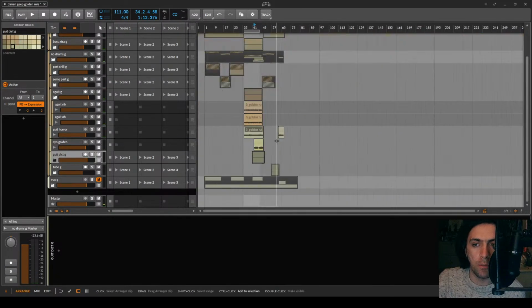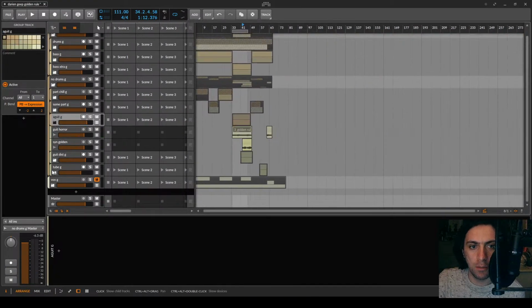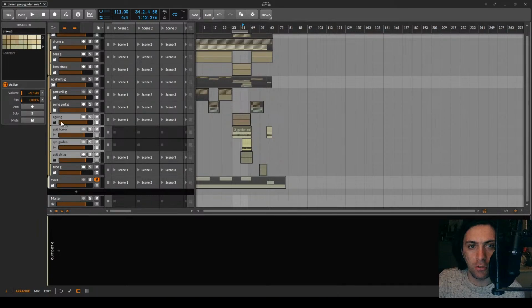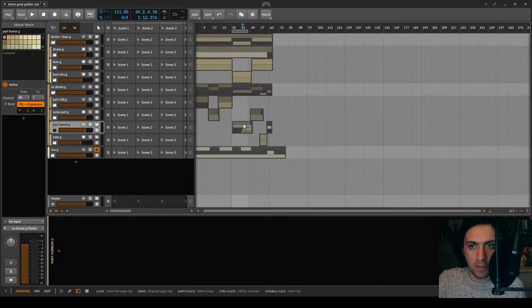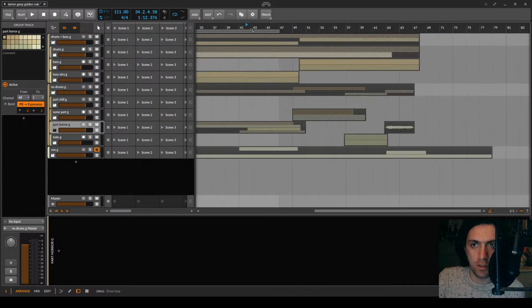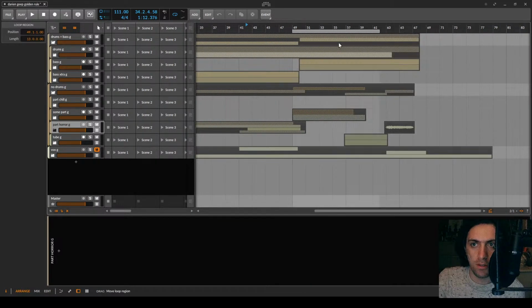Okay, this part is very complicated. I think I learned a little bit about it, but I don't want to spend too much time with it now. I can just say that all of these things definitely belong into a group. So this is the horror part. Great, I could finally give this part a name. That's also some progress in the mix.